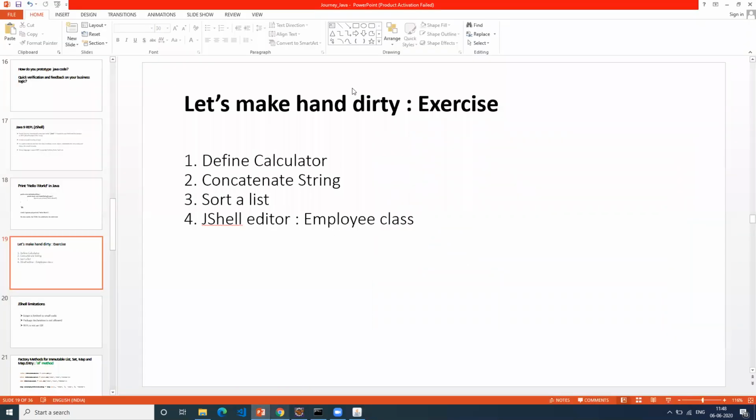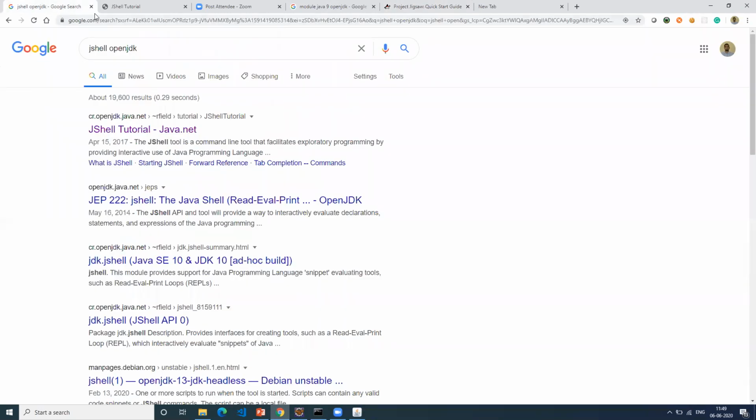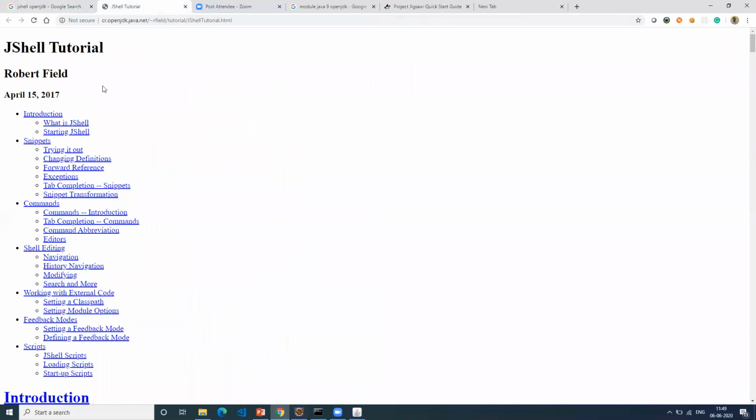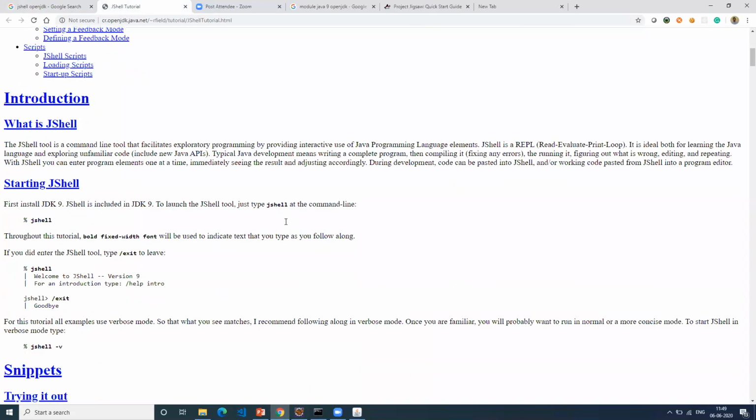So quickly, I'll just show you here. If you just search JShell OpenJDK, right? The official website for this, see, OpenJDK itself has provided that tutorial for you. So if you see here, you can do all the experiments. Whatever I showed you was a simple example.